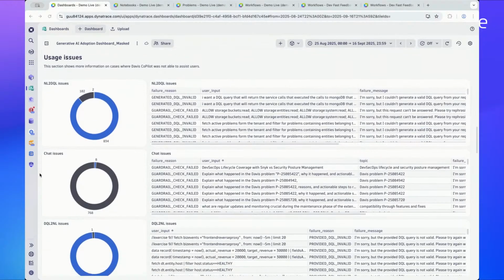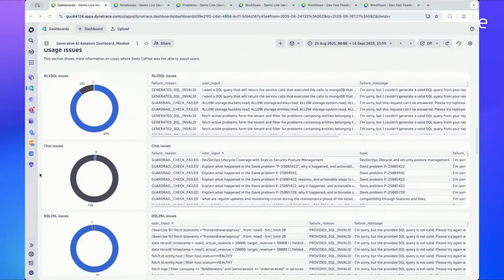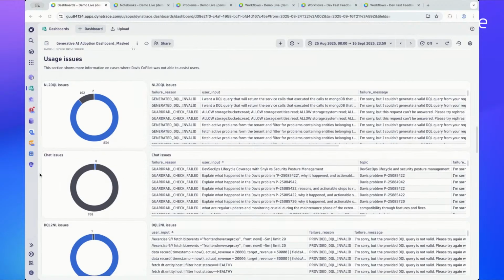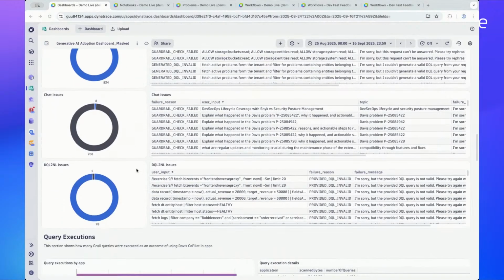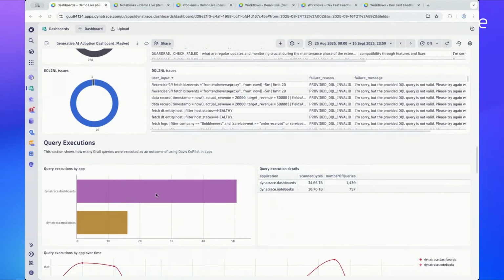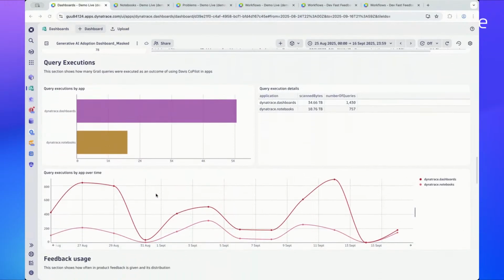And then, as I mentioned earlier, what is also so interesting is understanding when do things go wrong. And obviously, we don't just want to push out the vanity metrics here, but we do also give you all of those deeper insights in terms of understanding when is it that maybe your user base is asking the wrong types of questions. When is it that we are running into guardrails failing? When are we running into DQL not being generated in the correct way? And you will eventually also be able to see down here how many bytes of data are being scanned based on those queries that are actually being generated by